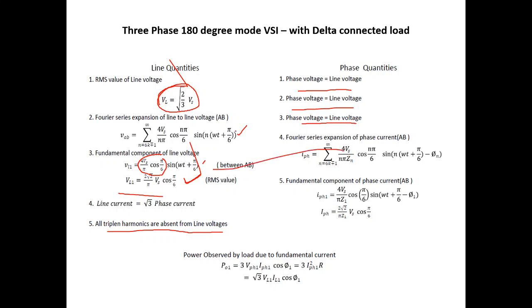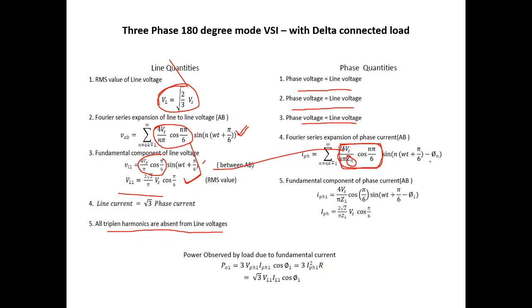Phase voltage equals line voltage, no? Simply, phase current is equal to phase voltage divided by the impedance, right? That is what we are doing here. With respect to magnitude, you have to divide the voltage by the corresponding impedance offered to the corresponding harmonic. Now you can see line voltage equals phase voltage, so the phase voltage is divided by the corresponding impedance, where Zn is the impedance corresponding to the nth harmonic. That is what is used to compute the magnitude of the phase current.